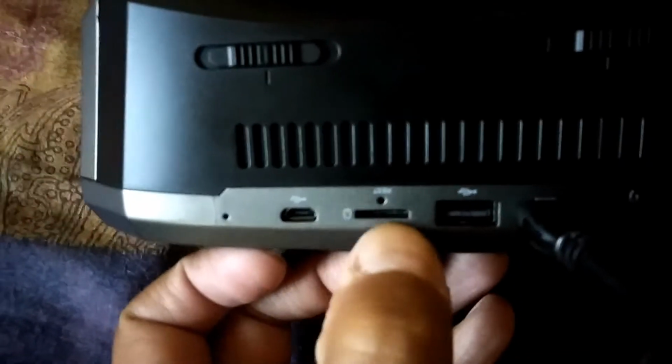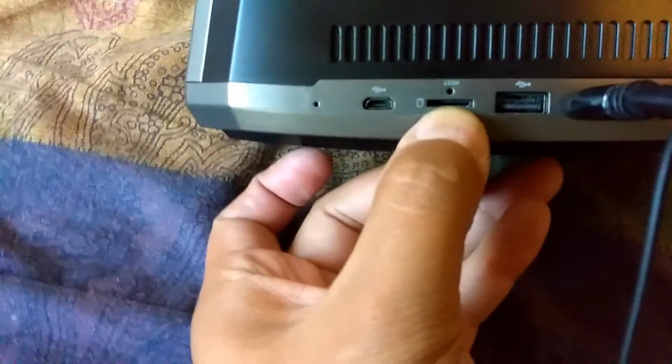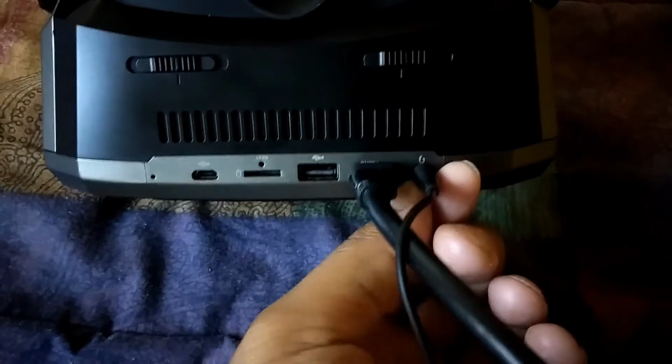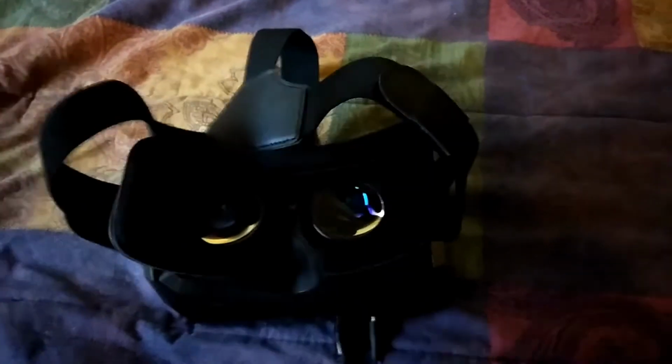micro USB, your, I think that's for memory card. Then you have your USB, and then you have your mini HDMI, and then you have your auxiliary for your headphones. It does come with Bluetooth, so